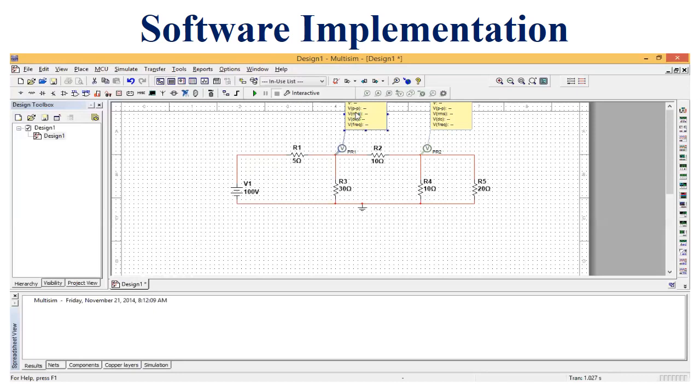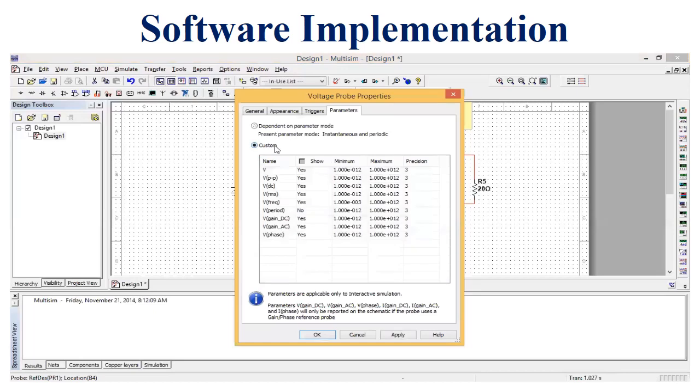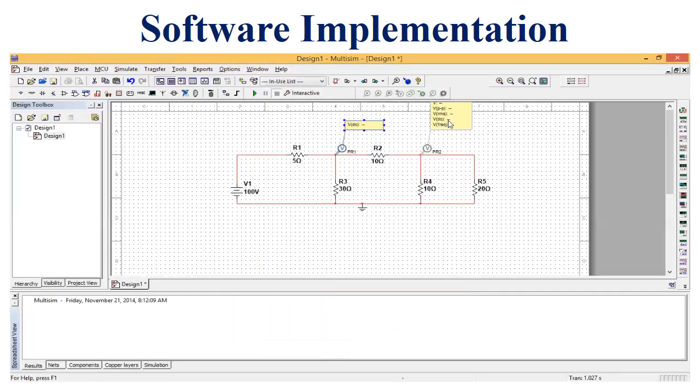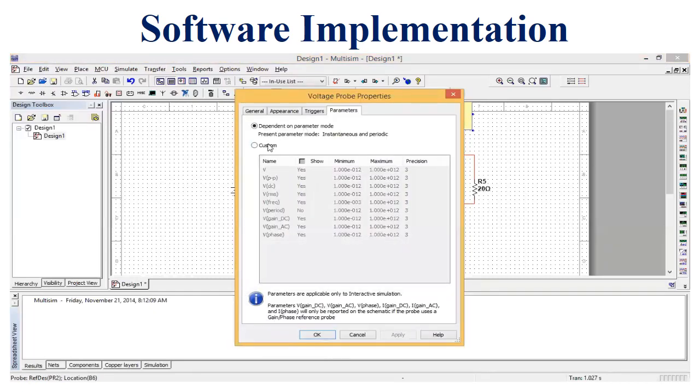So double click and select custom, then select show, then select only VDC, the remaining are no, and press OK. Double click, custom, show, and again deselect, select only VDC and press OK.